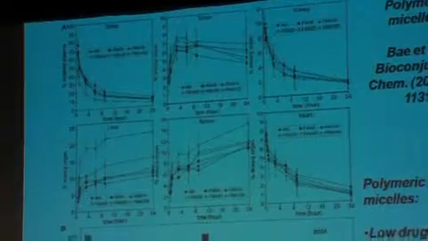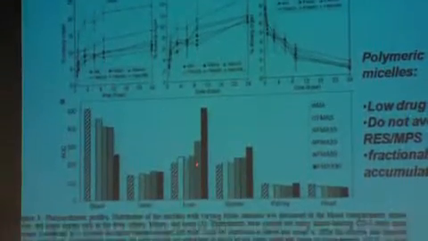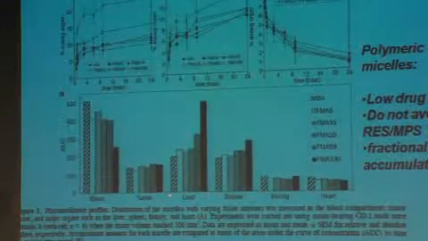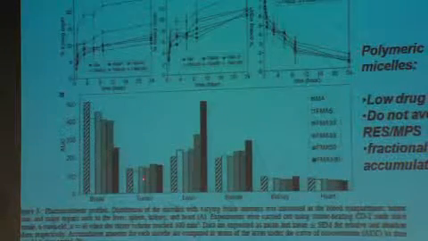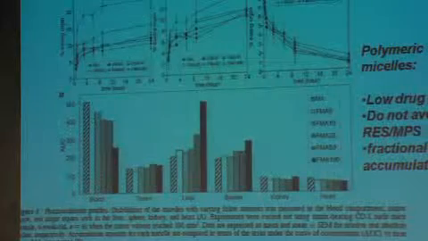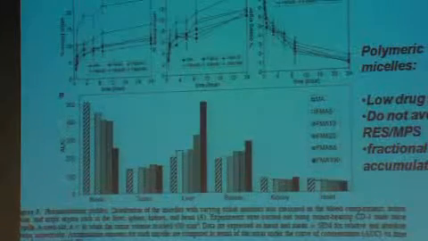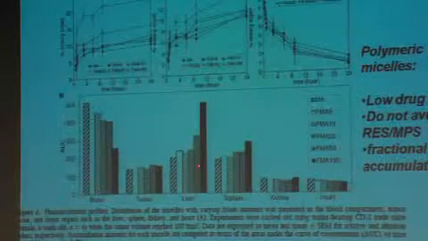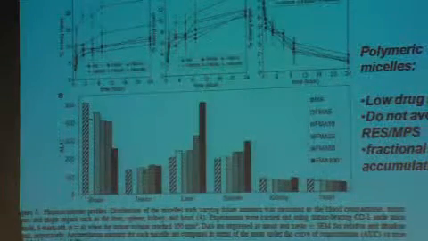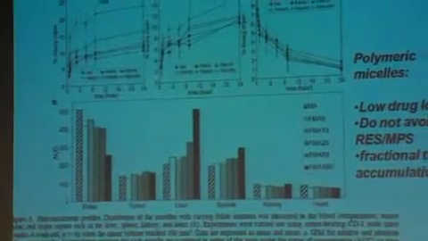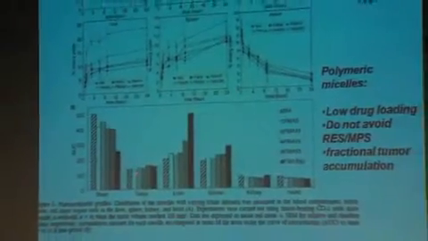So if we do the time course here and compile all those data, we see this huge load in the liver, the spleen, the kidney, the heart, and the blood, and a fraction in the tumor. So we get some where we want it to go, and the point is that if we could just push some from these other places where we don't want it to go, if we just get a fraction to go over to the tumor, think about how efficacious this therapy would be. If it's already efficacious in humans at this level, think about how much it would be.